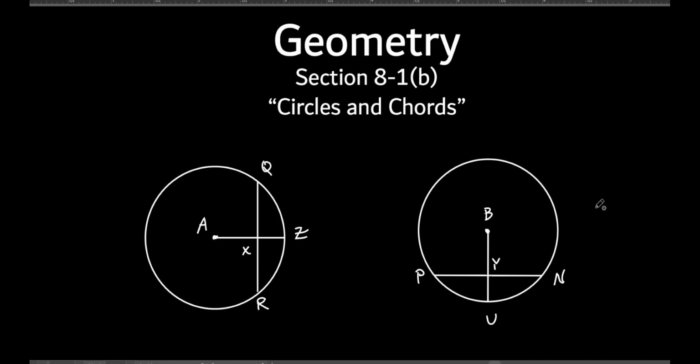It says two chords are congruent if and only if, we'll talk about that in a second, they are equidistant from the centers. So if this chord QR is equidistant to the center as this chord PN is, then those triangles would be congruent to each other, which means they would have the same